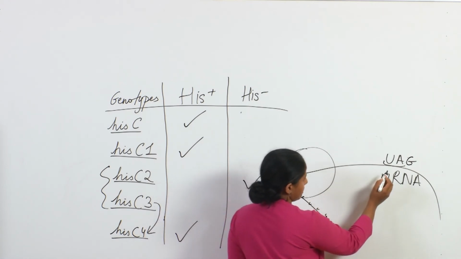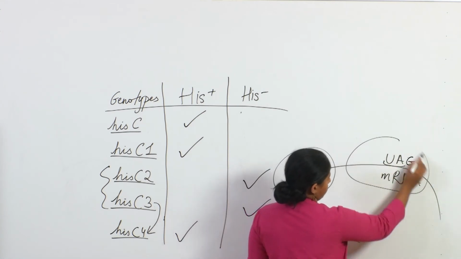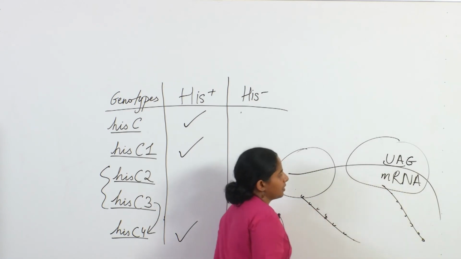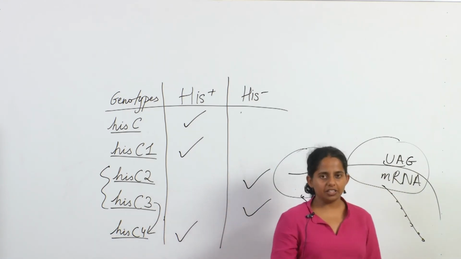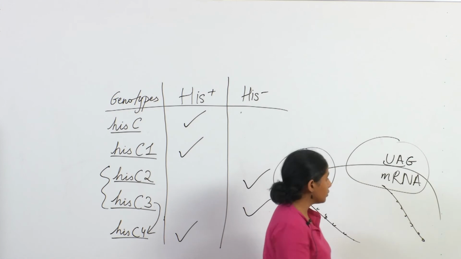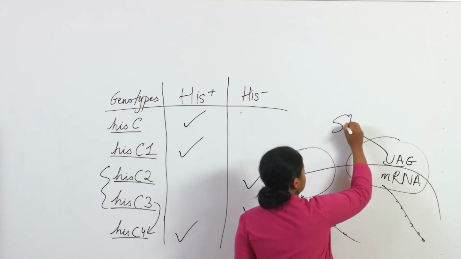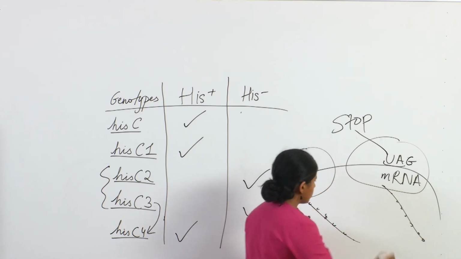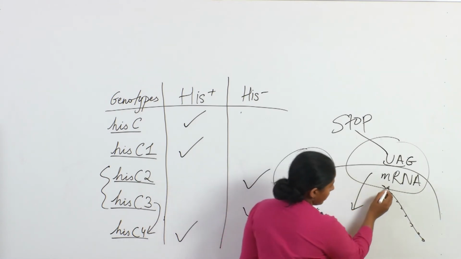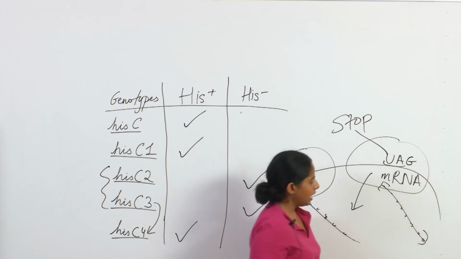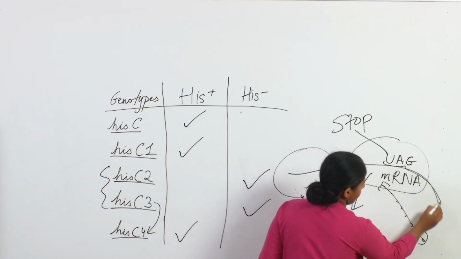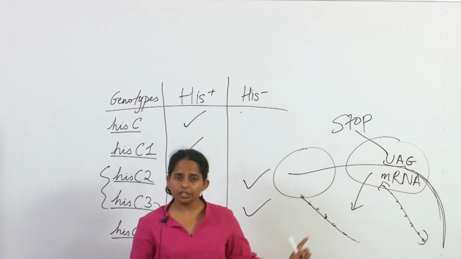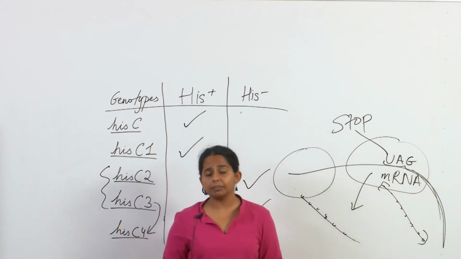By the time it reaches here and it has made some level of protein, it will read this as UAG, and UAG happens to be a stop codon. So ribosome says, okay, the gene stops here, I should fall off. So it drops here and we are left with this size protein, and all the rest of the mRNA that was supposed to be translated is not translated, and thus the protein fragment that we have is incomplete and it